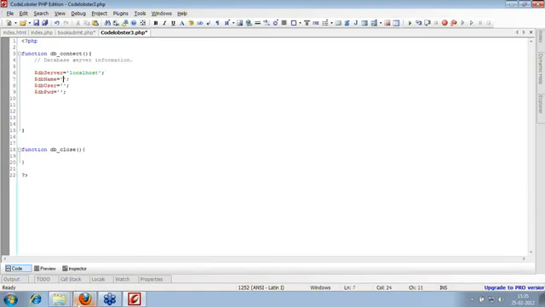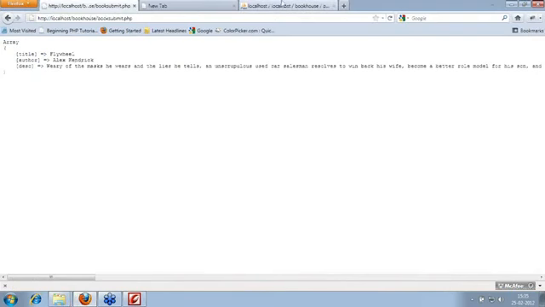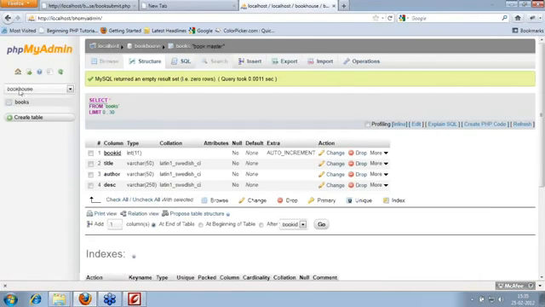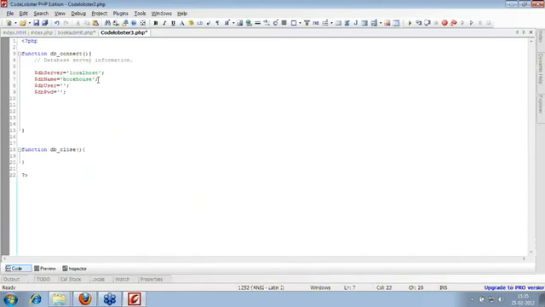Now, what database? When we went to phpMyAdmin, we created one database called Bookhouse and a table called Books. So we need a database name here, and the database name is Bookhouse. I'm using a local environment, so my user is root. I have not set any password; otherwise you can just give the password, whatever password you set, or you will get it from your control panel or your WAMP environment.